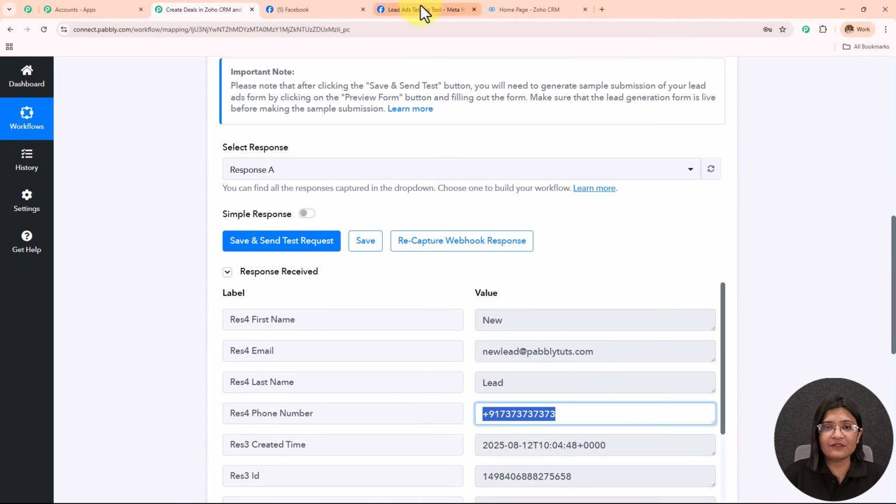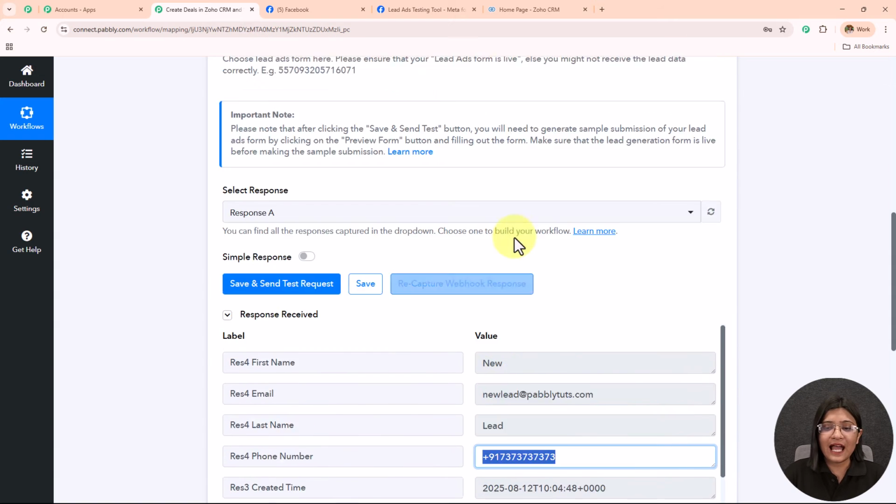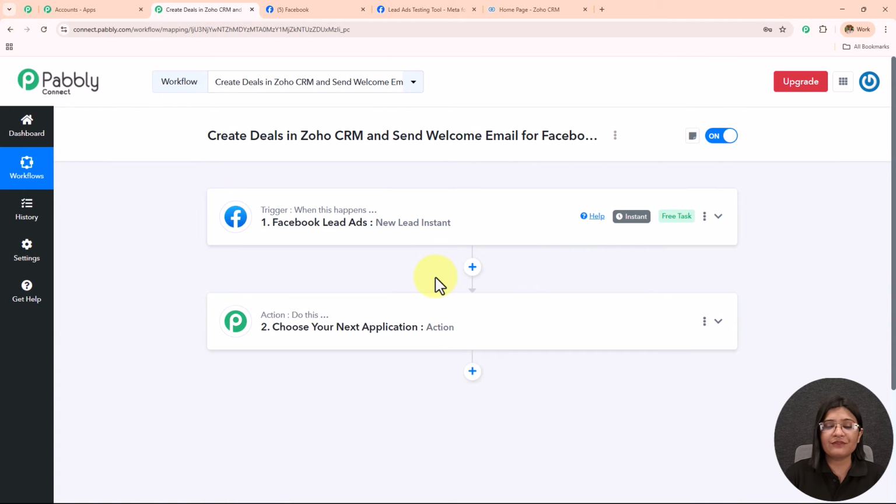Now here, as soon as I have done this form submission, I have received that response here in this workflow, and this shows the connection setup which we have created between Facebook lead ads and Pabbly Connect is successful. And now whenever I receive a new lead, I will start capturing that response here in this workflow. Now moving on towards the next step,